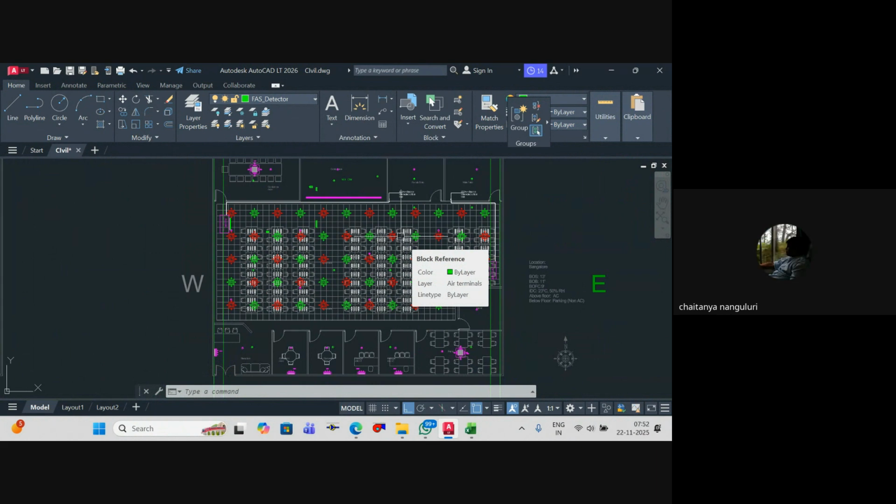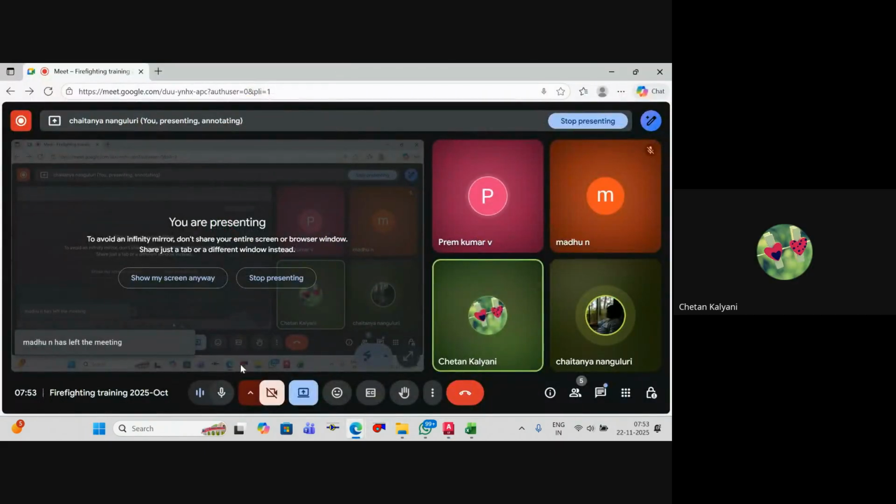Then we have to place your MCP and do the wiring connections to it. Shall we continue from tomorrow? That's fine. Yes, sir. Tomorrow we'll place the hooter, we'll place your MCP, and then we will start with the wiring connections. Okay? Yes, sir. That was part two for commercial, we have understood. For residential also, the same considerations will be there, no? Yeah, if required, but